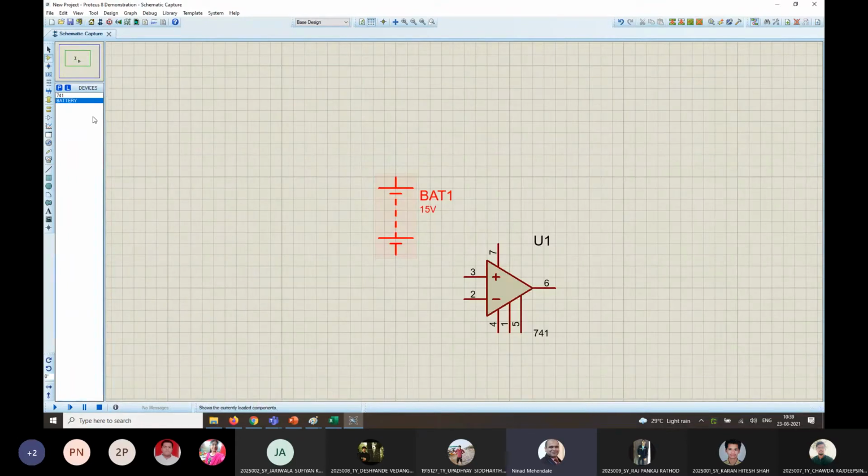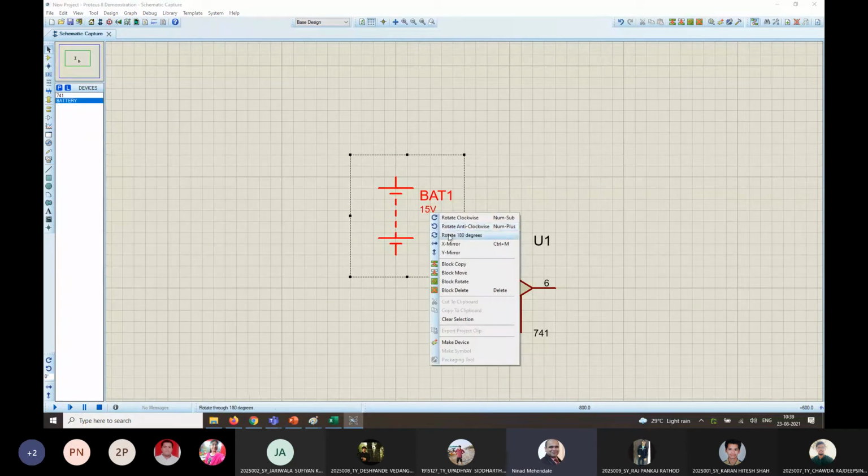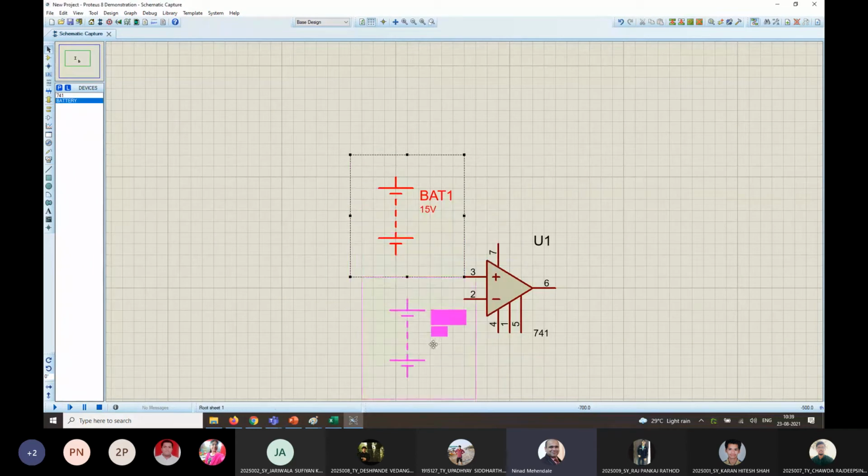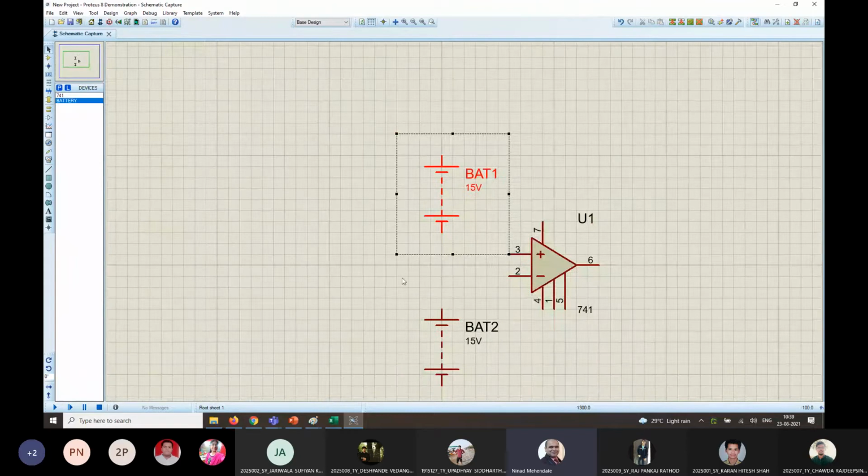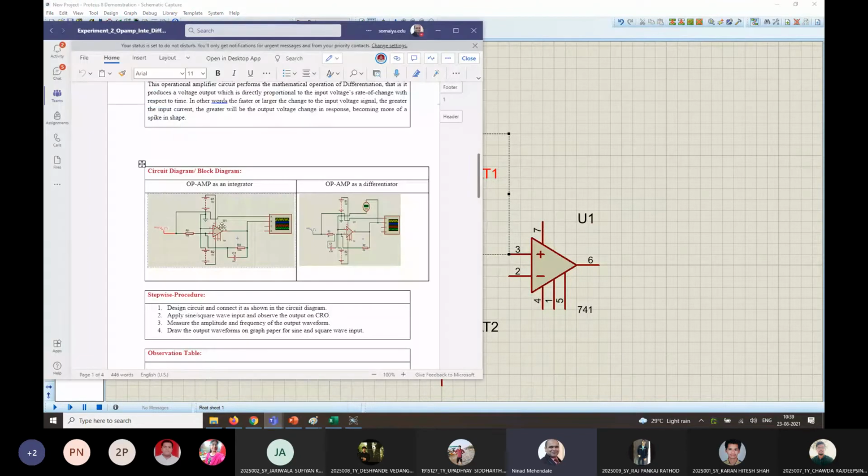Now to make a copy of the battery, what you can do is select the mouse pointer, select this particular region, make a block copy, and now you paste it. Okay. So once you paste it, you can press escape to come out of the loop. Next thing you need as per the diagram is the grounding between the two supplies, and then you connect the plus VCC terminal to 7 and next VE terminal to 4.